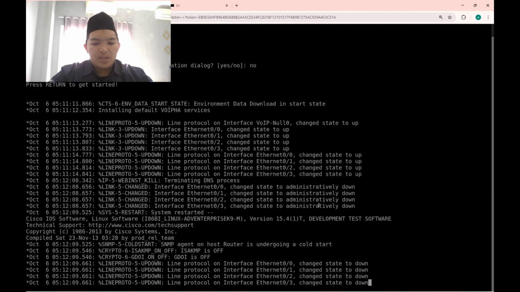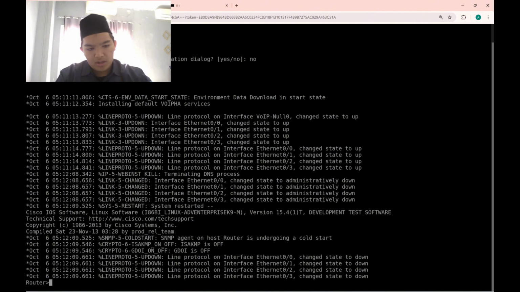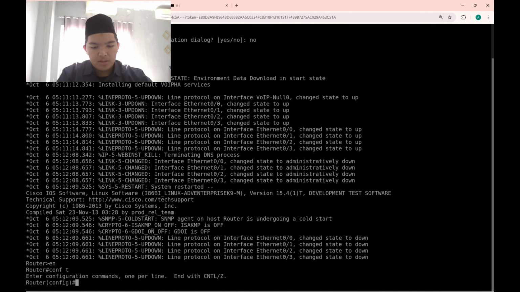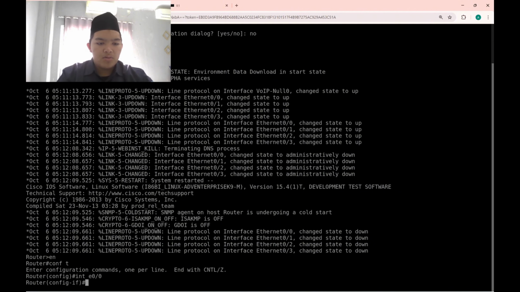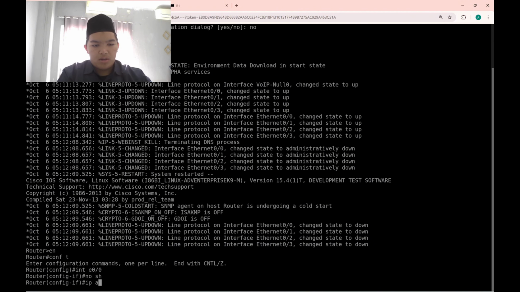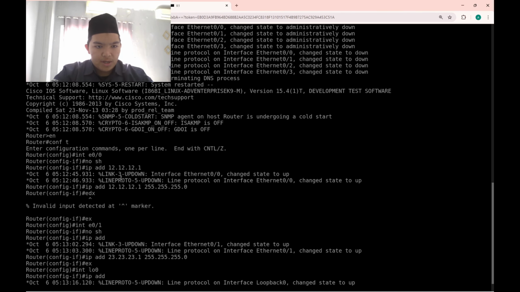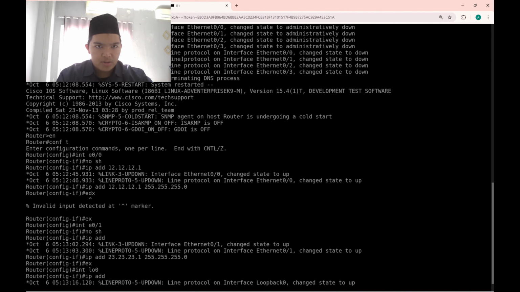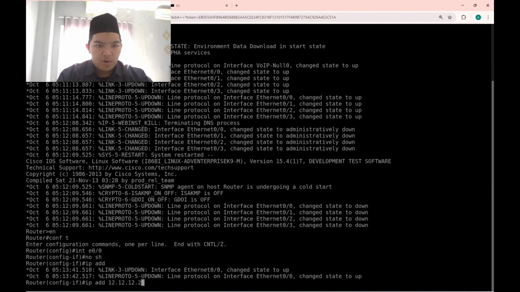Okay, we're gonna move to the second router, router 2: enable, configure terminal, and then we start from the first interface, E0/0, no shutdown, and the IP address is the same as in router 1, that is 12.12.12, but the host is 2 because host 1 is already used by router 1.